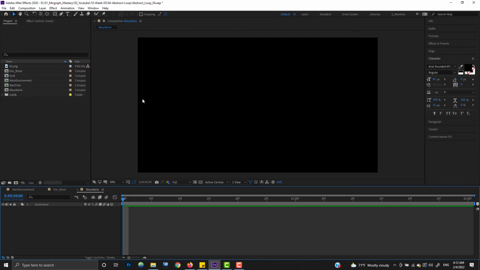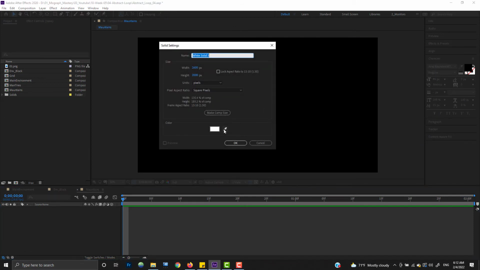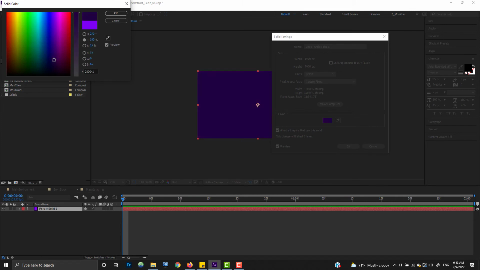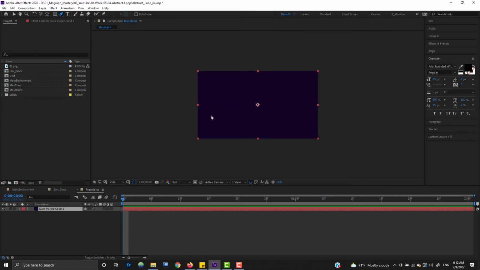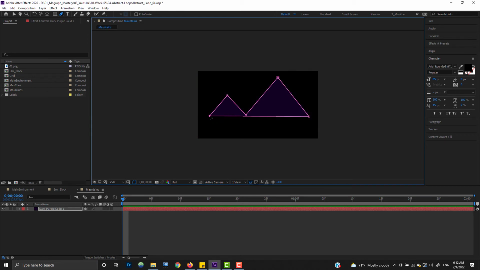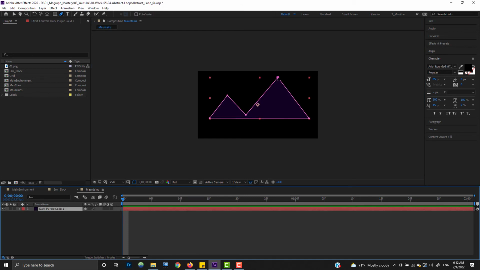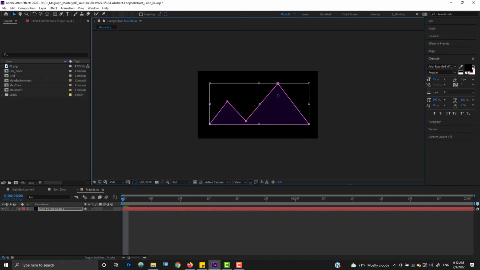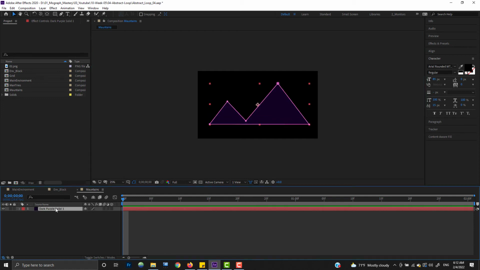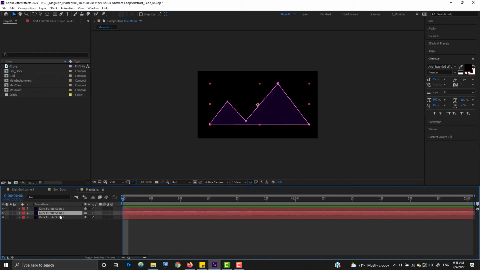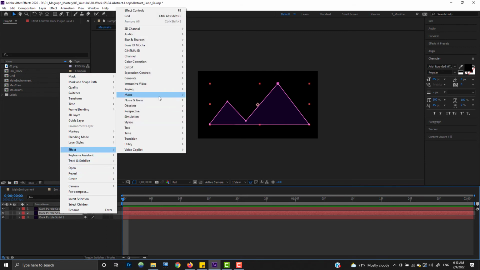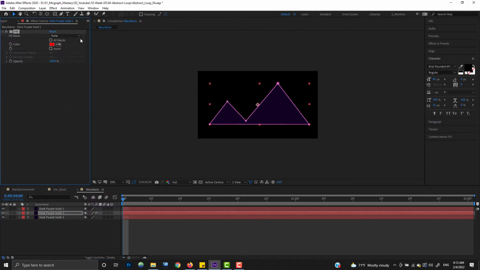Mountains. Well, what you can do here is something very simple. Let's make it pretty dark purple, and let's draw something like this. You don't have to be very perfect. Okay, let's duplicate it a couple of times. Right click, go to effects, generate, fill,